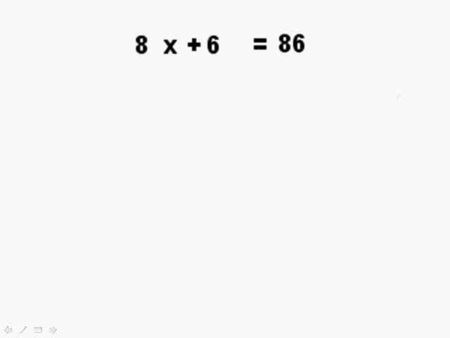So we have here an equation: 8x plus 6 is equal to 86. Now the left hand side is known as an expression. It's an expression because there's no equal sign on that side. The right hand side, 86, is the value of the expression when x is equal to something specific. Because we made these equal, this is how an equation is formed. It's when an expression has a particular value and we need to find out what x would be for this